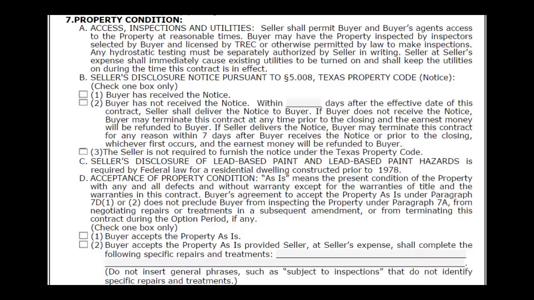Okay, next is the seller's disclosure of lead-based paint and lead-based paint hazards. If the house is built before 1978, in most circumstances, you're going to have to disclose this and provide the disclosure and the pamphlet. There are circumstances where you don't have to deliver the lead-based paint notice. The exceptions are, of course, properties that are built after 1978,